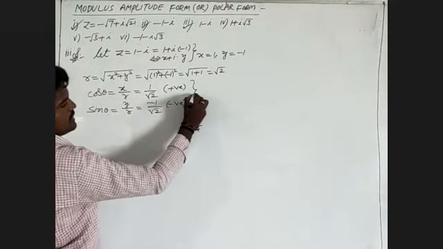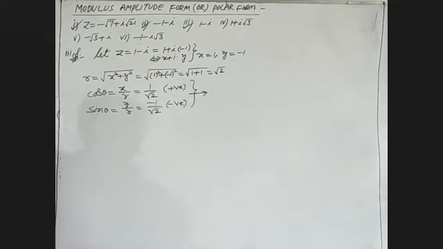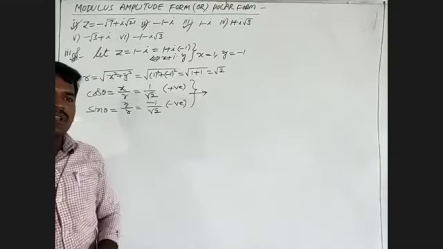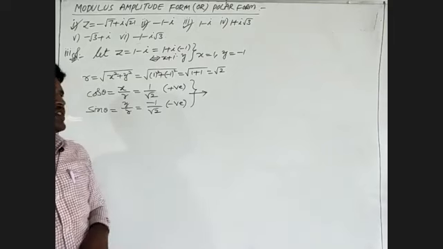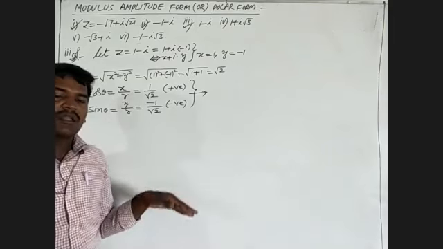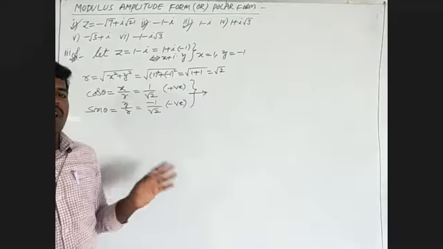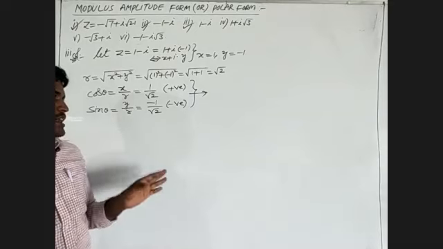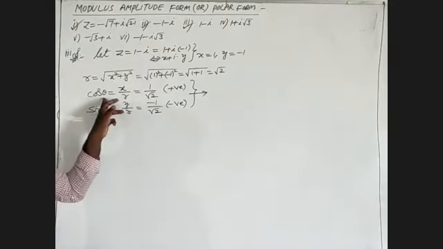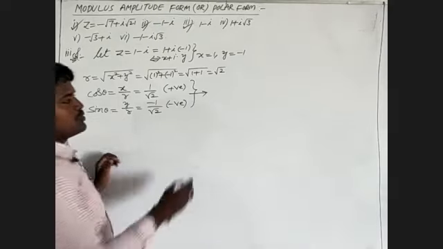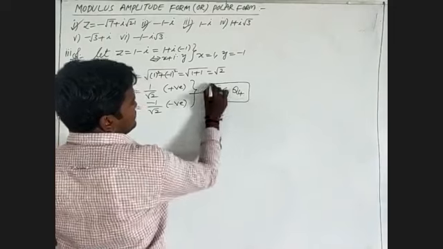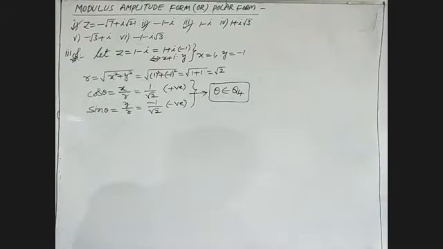We will observe from the trigonometric table, cos theta is positive, sin theta is negative, so which quadrant does it lie in? In the first quadrant, all are positive. Second quadrant, sin and cosecant are positive. Third quadrant, tan and cot are positive, remaining all are negative. Fourth quadrant, cos and secant are positive, remaining all are negative. But we observe here cos is positive, sin is negative, so theta lies in quadrant 4.